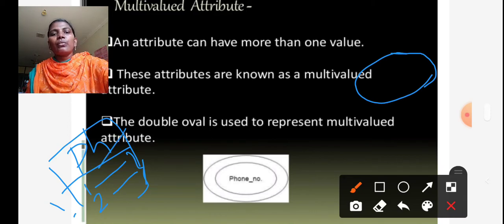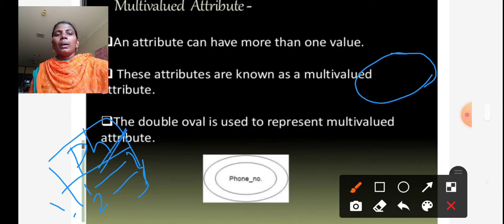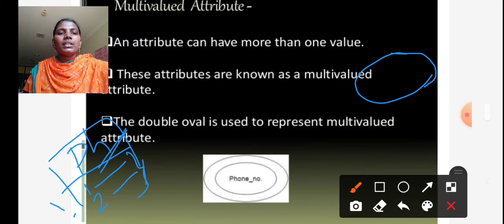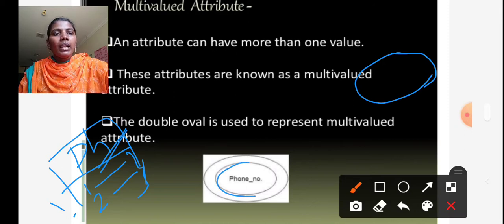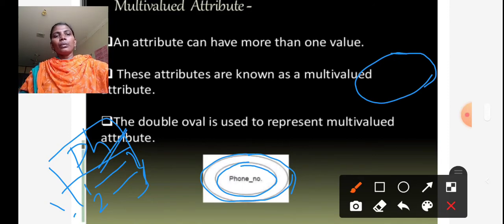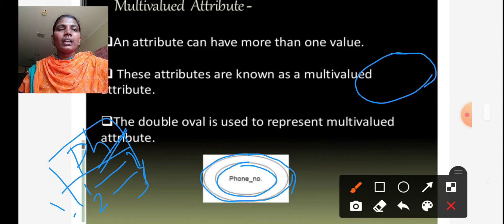That type of attribute is called multi-valued attribute. Multi-valued attribute is represented with the double ellipse symbol.